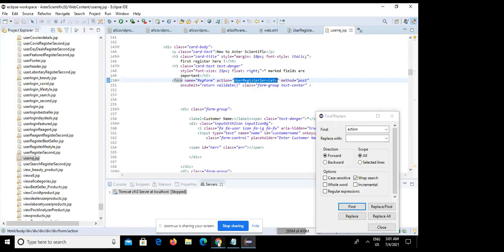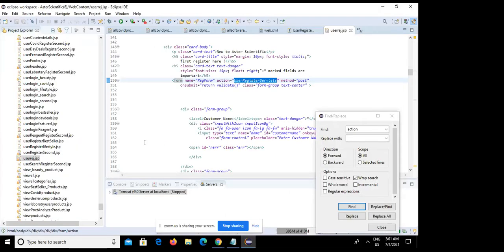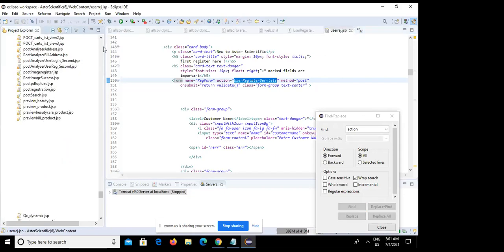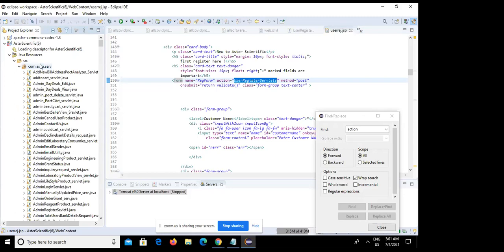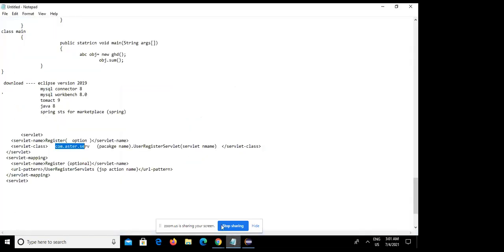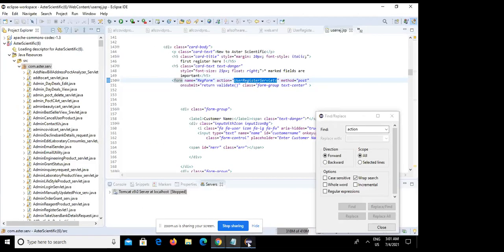Okay. While action is hit, it goes to web XML, putting the action. According to the action, it gets the servlet class. So servlet class, how will it get to the package name? It gets the package AstraServ. So web XML goes to AstraServ, and after that, searches your servlet. So here you have got the AstraServ, and search your servlet name. That dot your servlet name is user registration, and after that it goes to JSP to backend. Simple. So user registration servlet is there.